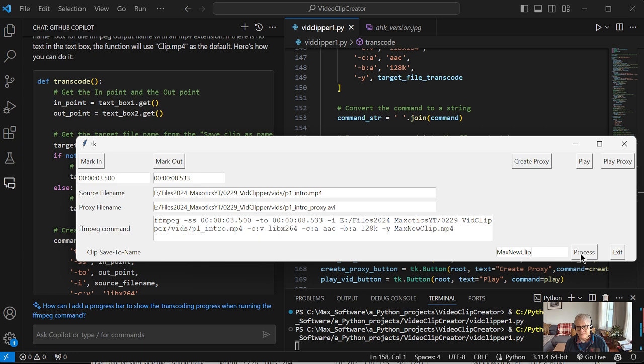Let's try that. Oh, now see, now it's doing it, but I don't know what directory it's going to put it in, because it's not putting the file name path to it. So it might have put it here. No, it didn't put it here. So we need to have,